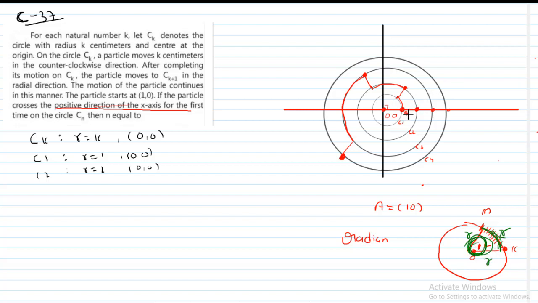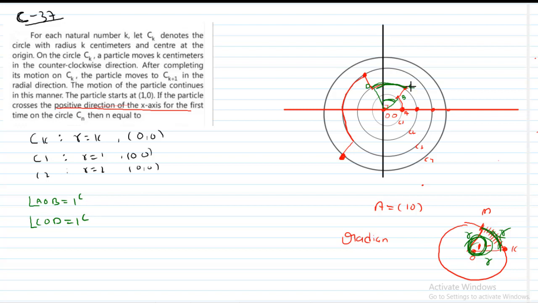For example, the particle is at A first. Next, after traveling 1 unit, the position of the particle is B on the circle C1 only. So what is the length of AB, Nana? AB is 1 unit. So join O and B. So what happened here? Angle AOB becomes 1 radian. Okay, now the particle is at C, and is traveling after 2 units. So this green length is 2, the radius of the circle is 2. So this point is D. For example, join D and O, automatically this angle COD is also 1 radian only.